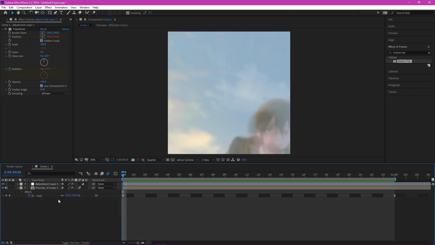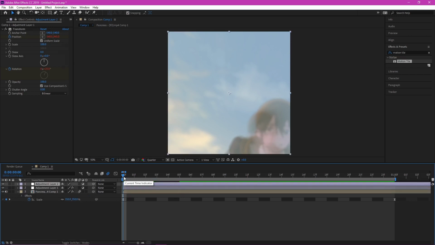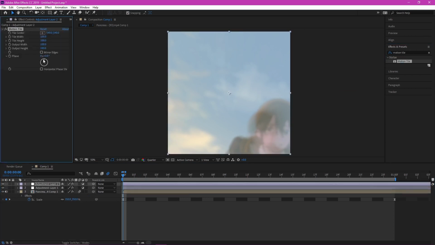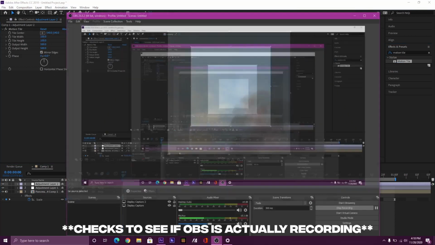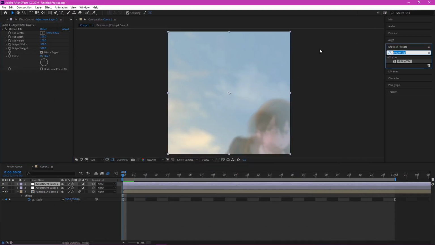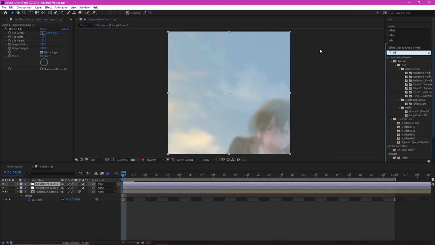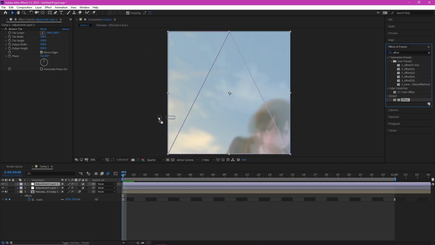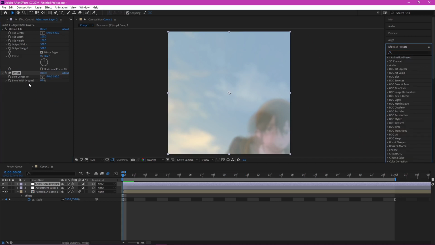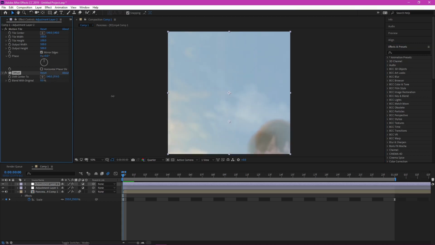And one last thing, make another new adjustment layer and put motion tile on it again. Put 500, and then put offset. And for the offset, just put whatever you want. I'm going to put it like,